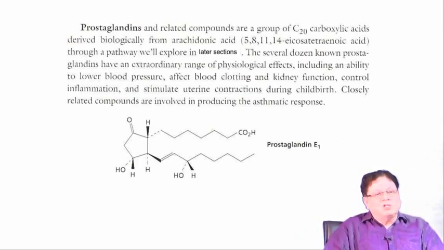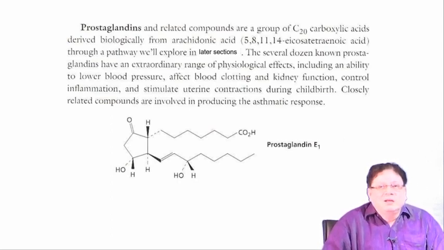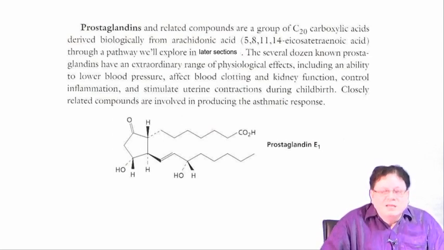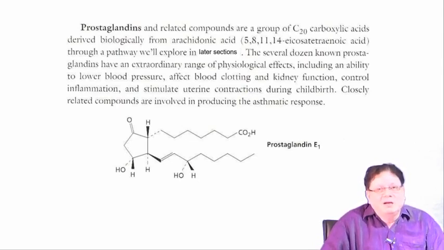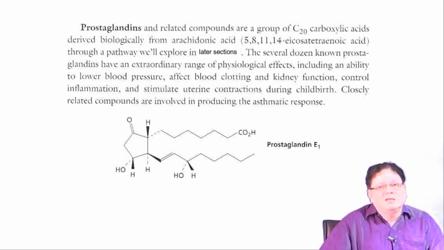This is called prostaglandins. Again, as I told you, there is a C20 carboxylic acid which, if it is fully saturated, is called arachidic acid, but if there are double bonds present in that, it is called arachidonic acid. And from this C20 arachidonic acid, prostaglandins are biosynthesized in the body. If you count the carbons, there will be 20 carbon atoms including the carboxylic acid, and you have different varieties of prostaglandins,